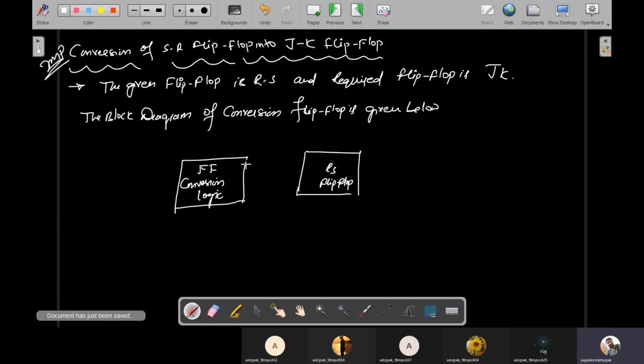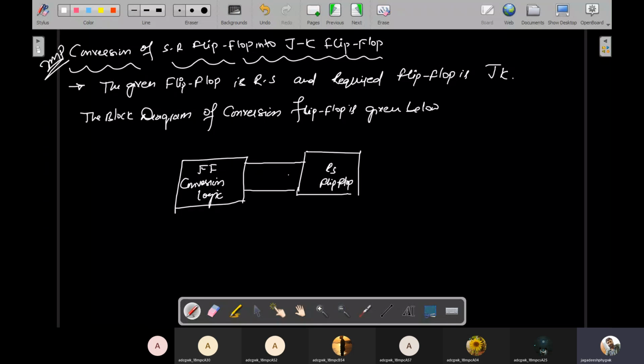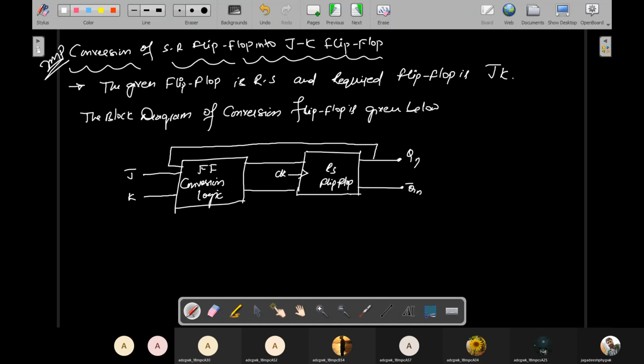See, there is a direct connection between these two flip-flops. We want a required clock pulse, so this is called the CLK clock pulse. And this is the required output, so this output is Qn and this is Qn bar. These are the data inputs. The data inputs are right now J and K, because we are converting to a JK flip-flop. So the required input data is J and K, and simply take the connection between these two, and similarly we will connect it between these two.